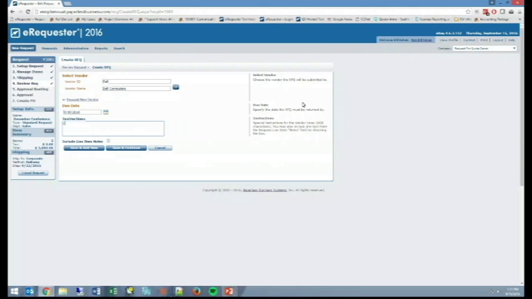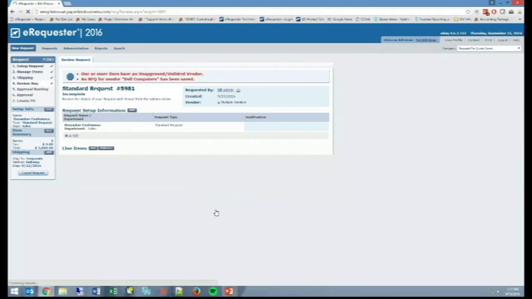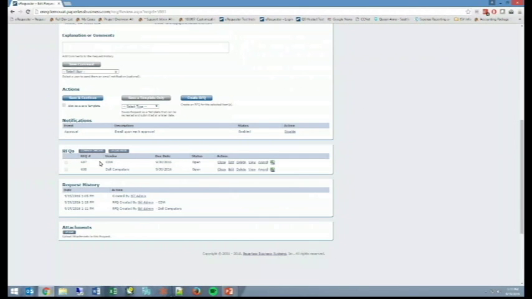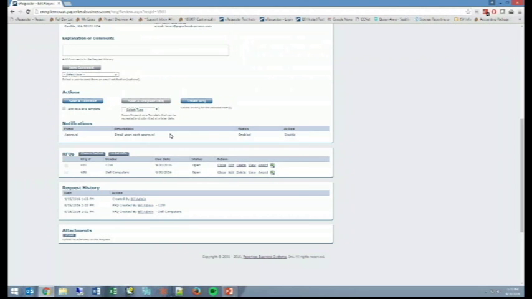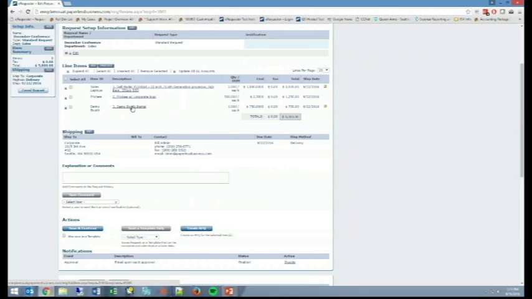our corporate account number is something, right? So I'm going to save and continue on that. So now I've got a second RFQ for Dell Computer specifically, and then I'm going to do one for demo